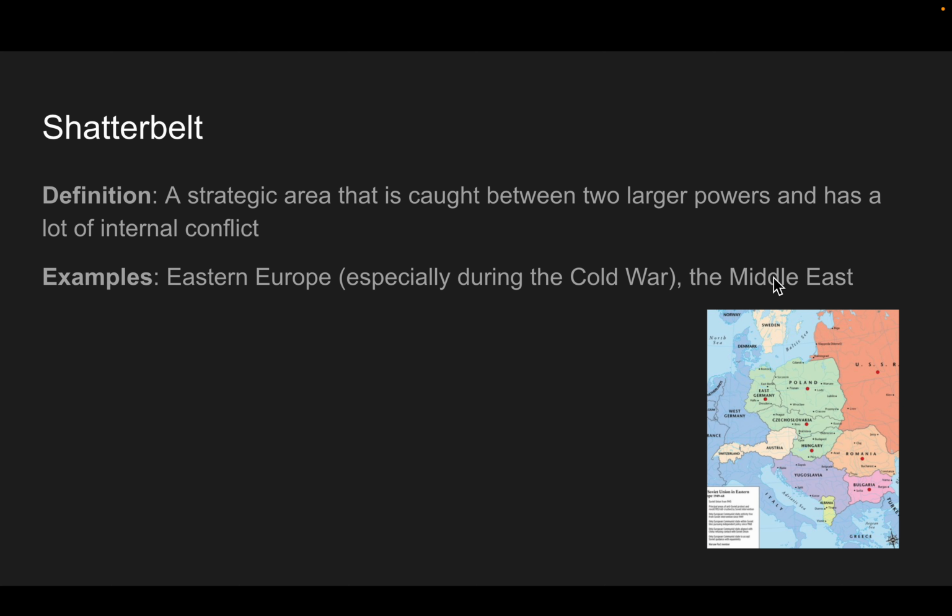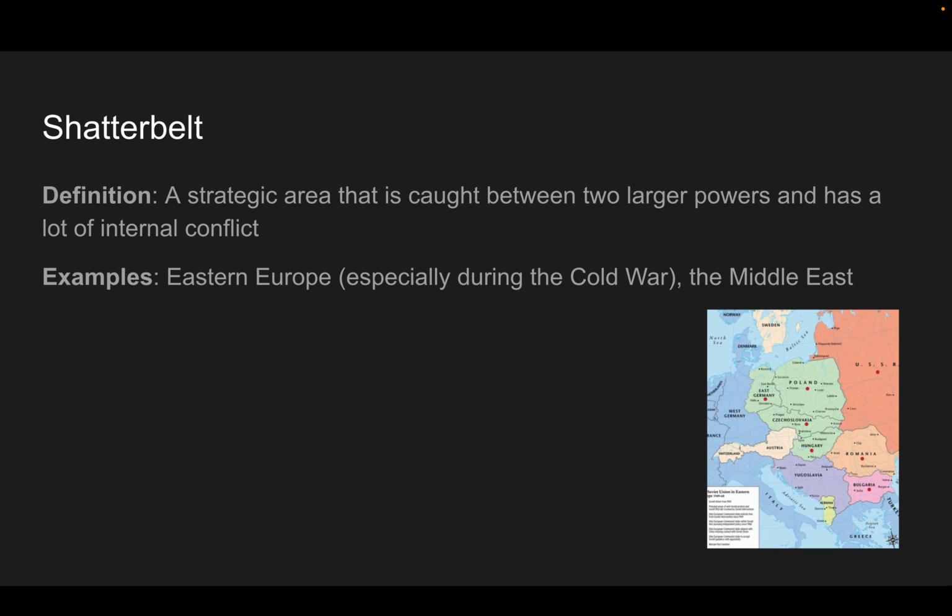The Middle East is another area, so when it's in between, for the last 70, 80 years, Western Europe and the US united versus Russia. That is what these areas are still caught between. So shatterbelt can refer to a smaller region. The classic examples, though, are big regions like the Middle East or Eastern Europe, with often much smaller countries that are caught, so they're shattered. They are caught between two bigger powers that are trying to get influence in that